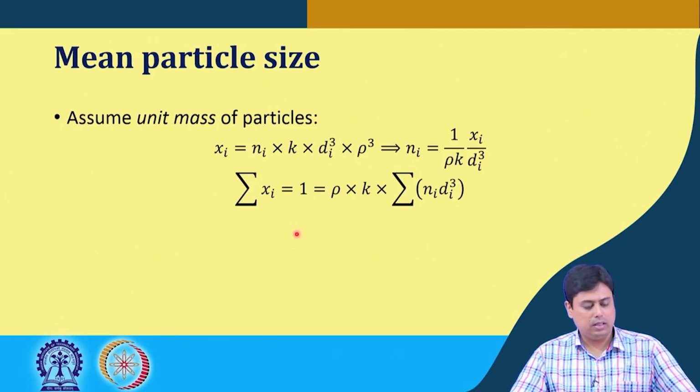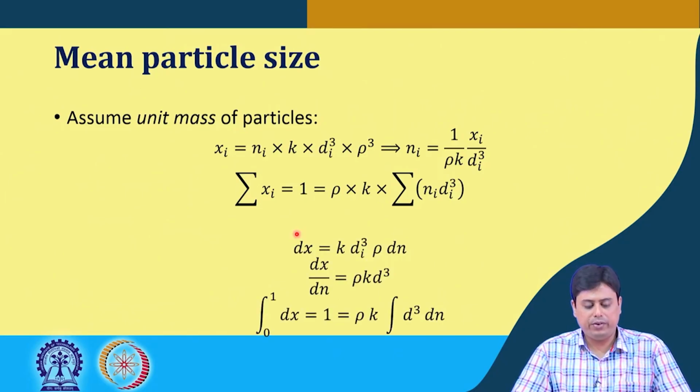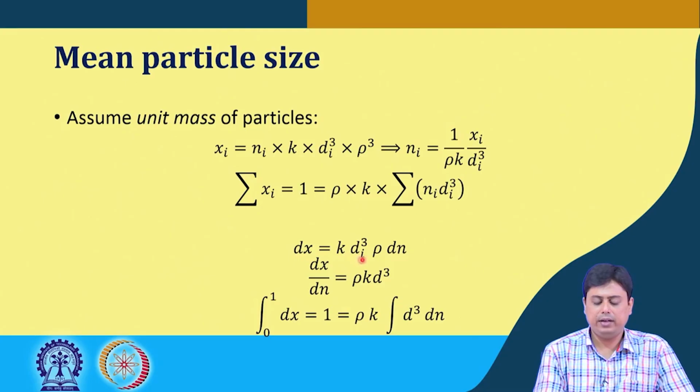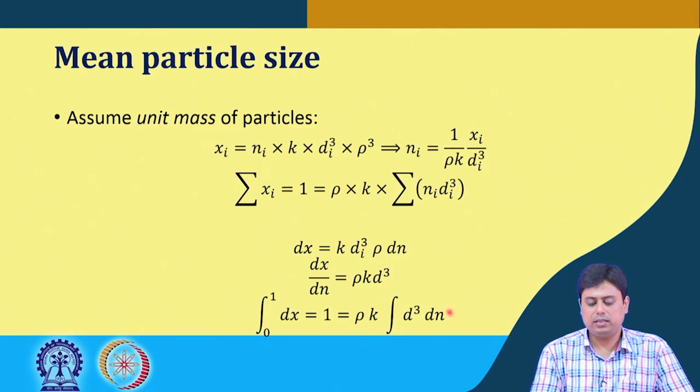Now, if we try to represent the size distribution by a continuous function, then quite naturally dx is k d cube rho times the differential number dn, so dx by dn becomes rho k d cube, and this integral, which is the summation of mass fraction from 0 to 1, is basically 1, and it gives this expression